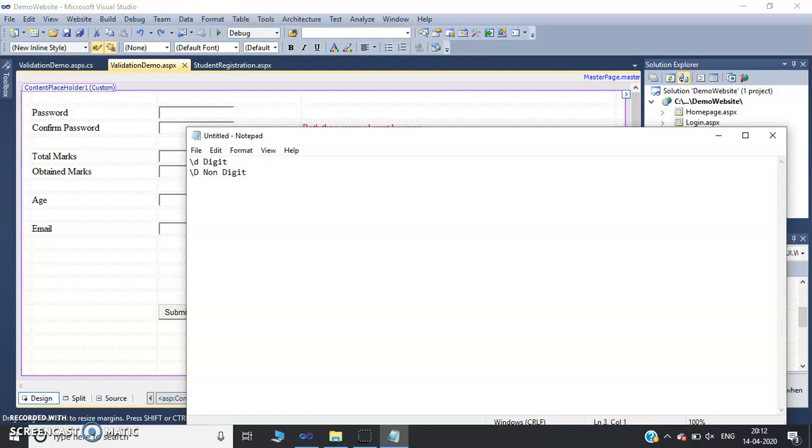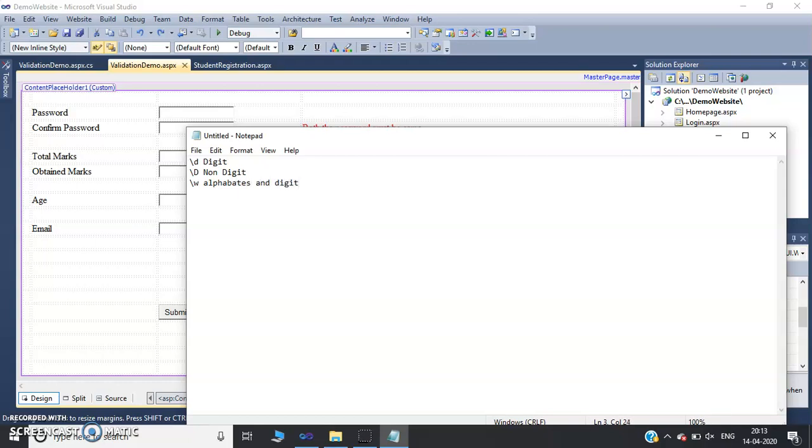In the same way, if you mention \w, it will accept only alphabets, that is A to Z, in capital A to Z. Remember, every alphabet is a character, but every character is not an alphabet. So it will accept alphabets and digits also.